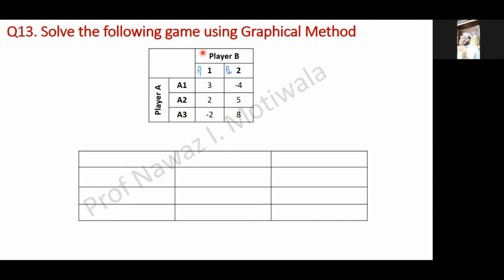So similarly I am finding out the value of the game. So the probability is P1 and that is occurring 3 times. So it will be 3 times P1 minus 4 times P2. This will become my first equation. Similarly, what will the second equation be? 2 multiplied by P1 because the value here is 2 and it will be multiplied by probability P1. So 2 multiplied by P1 plus 5 multiplied by P2. So this will be my second equation. And third equation will be minus 2 into P1 plus 8 multiplied by P2. So these will be my equations.